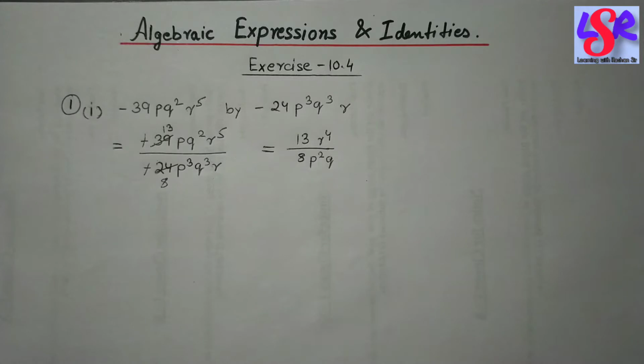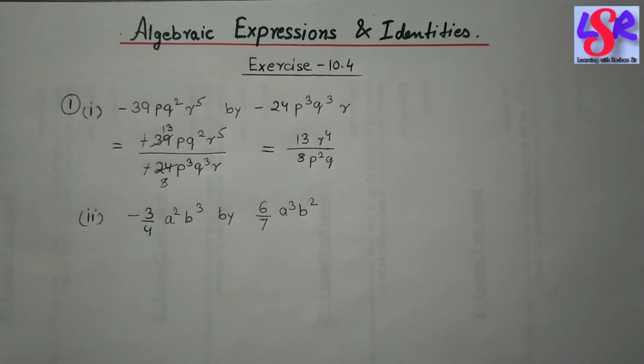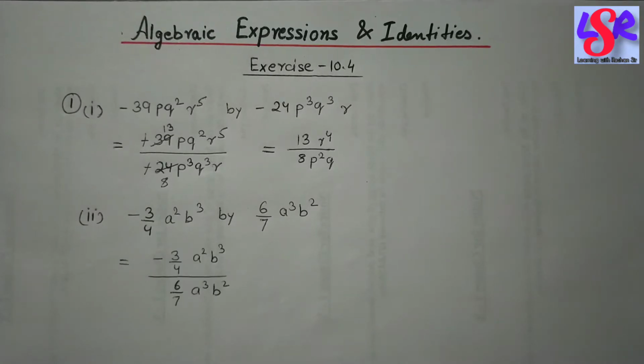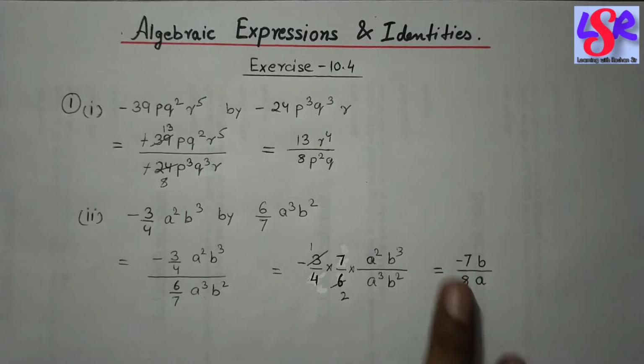Now let's see the second part of this one. In this second part we are having a fraction in the case of the numerical coefficient. So we are going to write this one as, and after this we are going to make a reciprocal of this one and multiply to 3 by 4. After making a transpose and multiplying with it, we have got this and then rest of them will be copied. Now we are going to reduce it, and on reducing we have finally got minus 7 upon 8.